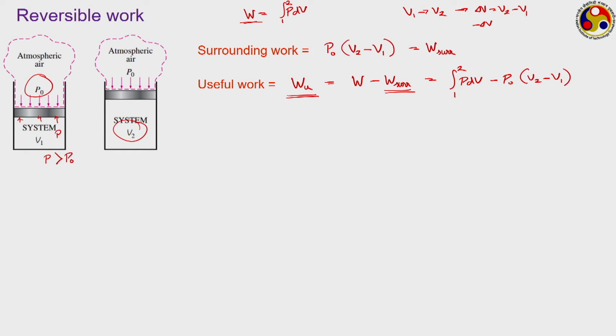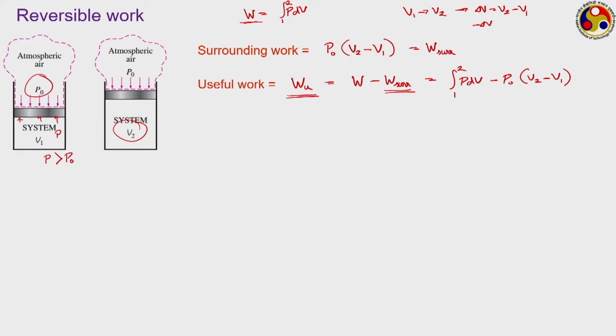In some situations your surrounding work may be extremely small or negligible, but under certain situations it can be quite significant. In addition, surrounding work may not always be a loss. Just think about the situation where the volume of the system is actually reducing, that is V2 is less than V1. Then what about your surrounding work? Your W surrounding is actually negative, that is your useful work, W minus W surrounding, is actually W plus P naught into the change in volume, V1 minus V2,